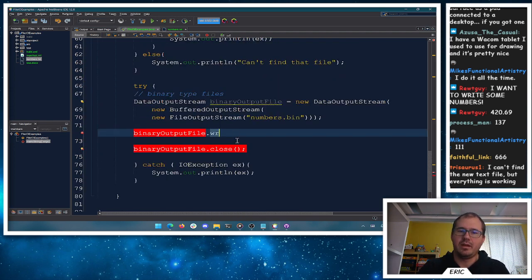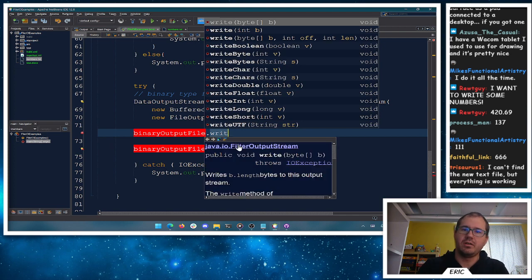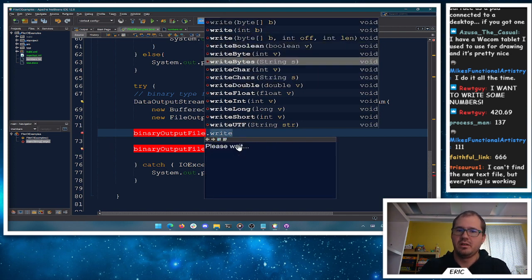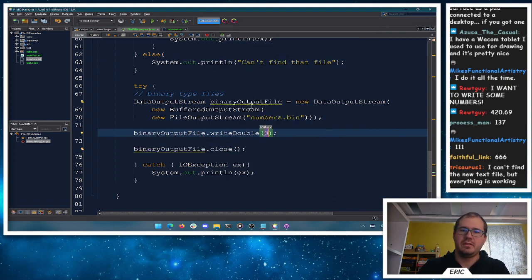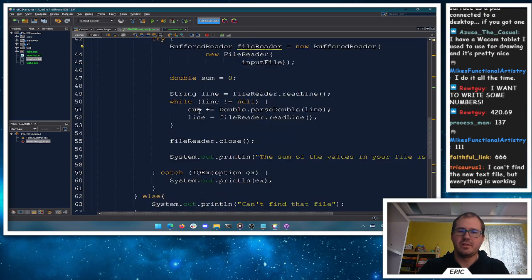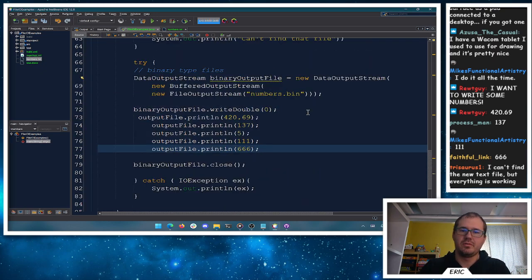So whatever pieces of information we want to write here, let's write some numbers. Let's write double here, and let's repeat what we had up here. We had 5 lines, so I'm going to grab 5 of those. It's not print lines here, but we'll just